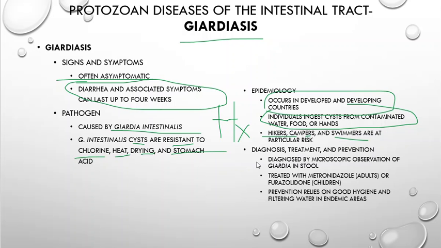Okay. Diagnosis, treatment. Diagnosed by Giardia in the stool. Flagyl for adults, or furazolidone for children. Obviously, I've never seen a case of this. Prevention, you gotta clean the water up, filter it. Okay,